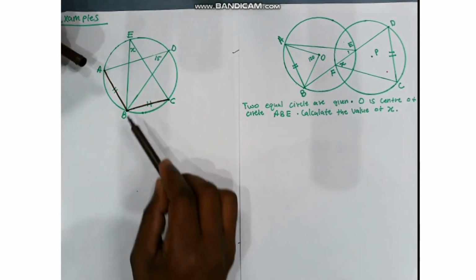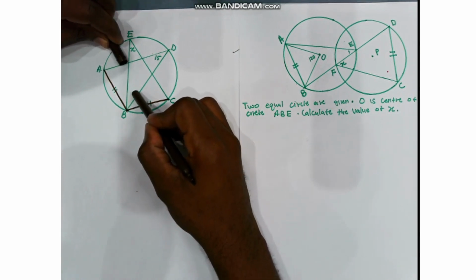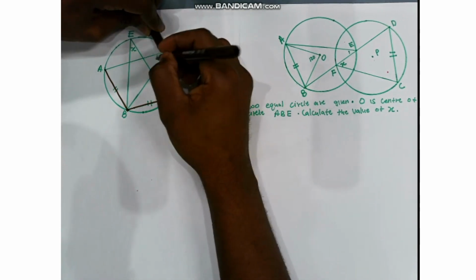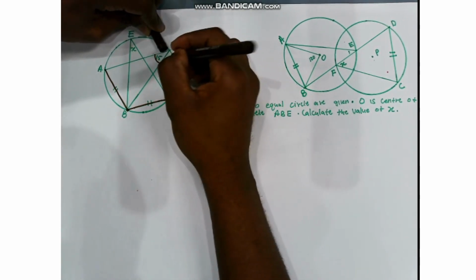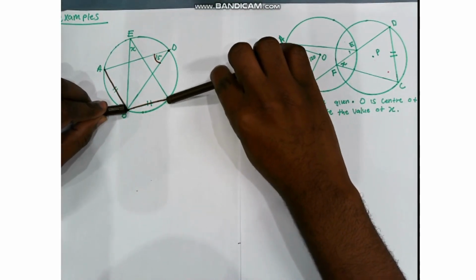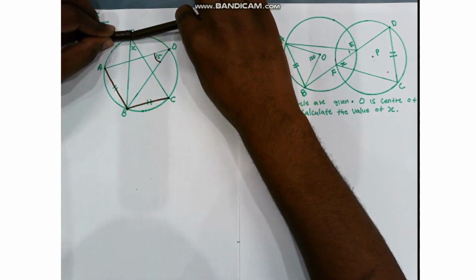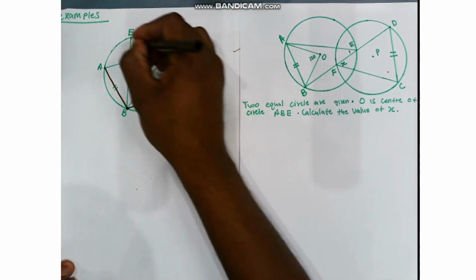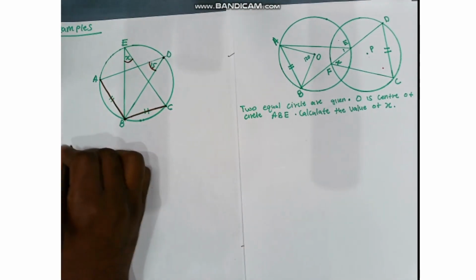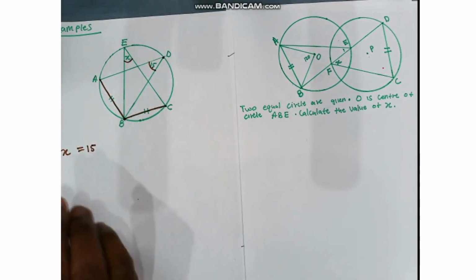You just place your chord like this here, then you move, you go this side. So now you know this angle, you go to the other chord from here, you go like this, it meets here. So now this is equal to this. I hope you see it. Now x is equal to 15. Then now y, the reason,